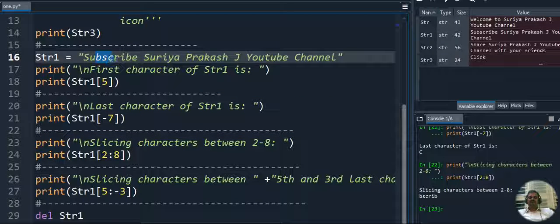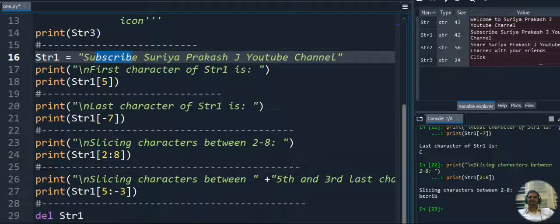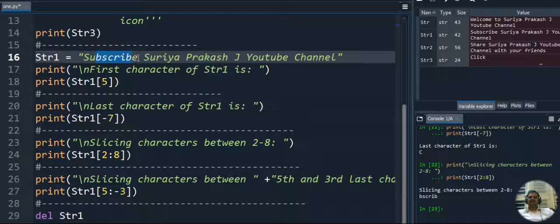So B, S, C, R, I, B. This is the 0th position, 1st, 2nd, 3rd, 4th, 5th, 6th, 7th position. Okay, so the 8th position will not be taken. So the second position to before the 8th position, it will take that particular string. BSCRIB will be displayed as output for this code execution. So 2 to 8 it will display.